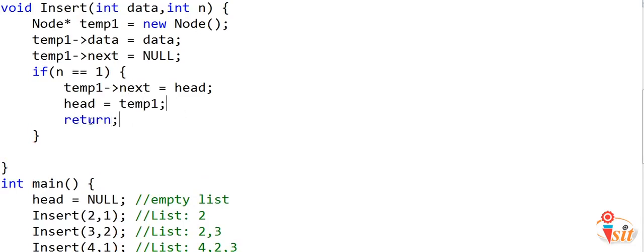If you can see, this will work even when the list is empty because the head will be null in that case. I'll show a simulation in the memory in a while, so hold on till then. Things will be pretty clear to you after that.